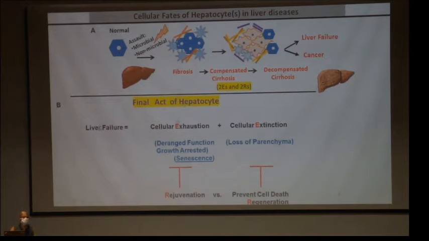So the 2 E's in context of a liver failure, one is cellular exhaustion. And the other, what I learned here from Dr. Archana, is parenchymal extinction. When you mean exhaustion, these are the deranged hepatocytes which are no longer functioning. And the mandate of ILBS is that these are not regenerating, so you need a transplant.